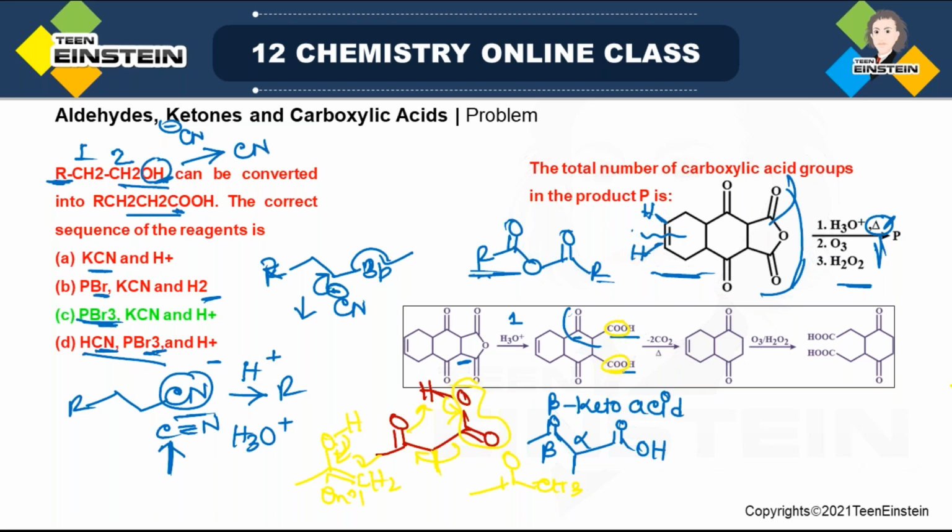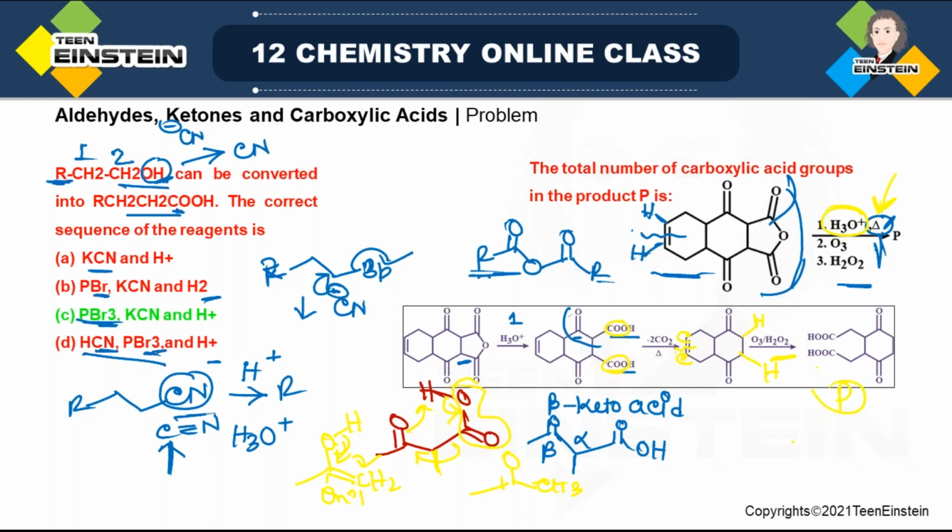So if you do all these processes, ultimately these 2 CO2H portions will be removed as 2 carbon dioxide. So 2 CO2 is mentioned, and here when the CO2H group is removed, 2 hydrogens will be remaining. So be very careful about the reagent. If it is only H3O plus, the CO2H groups will remain. But as heat is also there, there will be decarboxylation. So from the right hand side part you are not getting CO2H, but after ozonolysis oxidative workup, this CC bond will be broken. So this carbon will be converted to CO2H, another carbon will also be converted to CO2H. Okay. So ultimately the total number of carboxylic acid groups in the product P